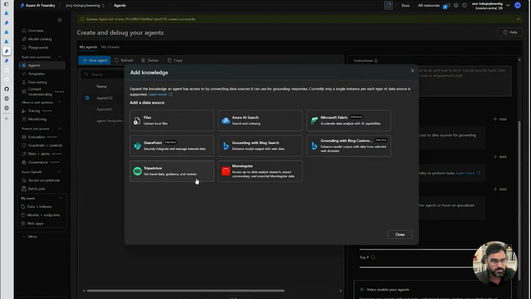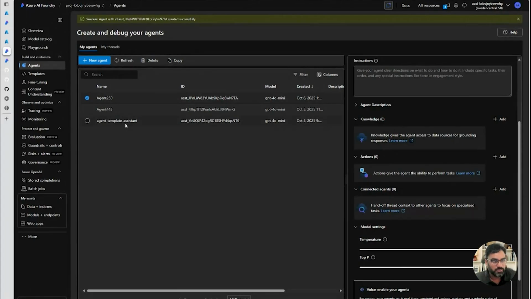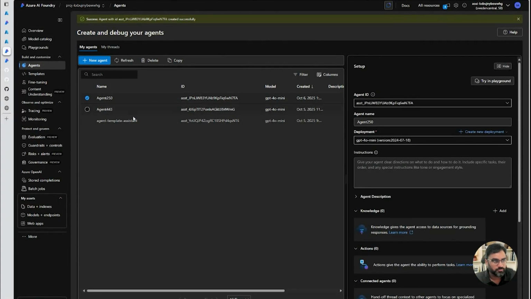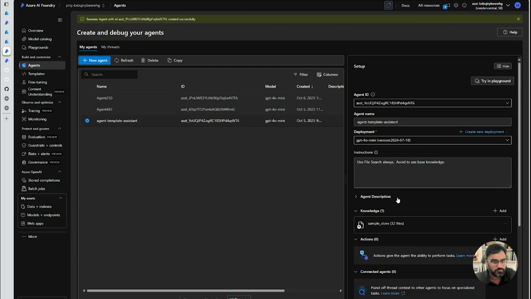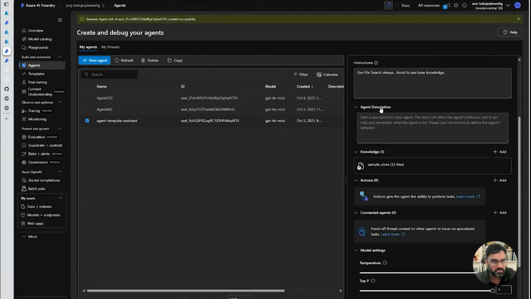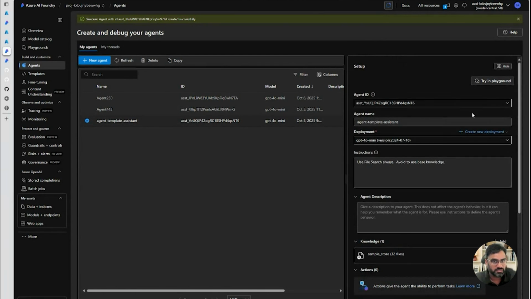We are also trying to expand the data sources. Initially we are offering a few data sets, but Azure AI Search is one advanced vector search that you can use, because it can help you connect with different backend data sources, whether Azure SQL Database or any third-party file format, and that in turn can connect to your agent. From here, you can also connect multi-agents. If you want to connect multi-agents, you can always connect them here.